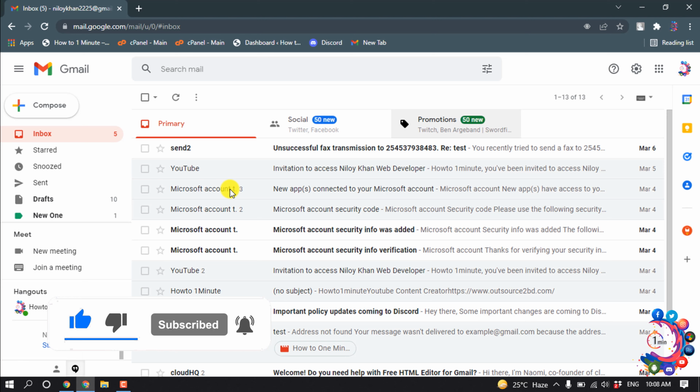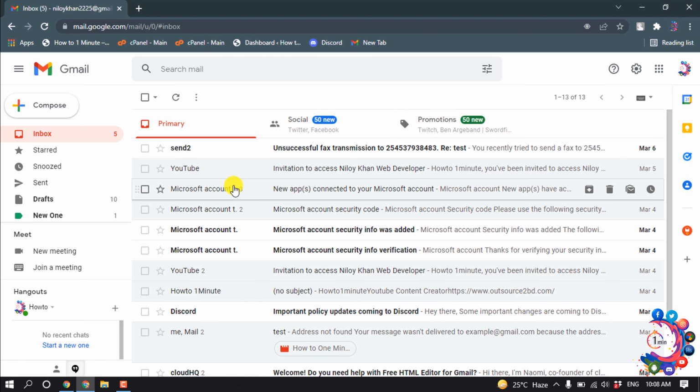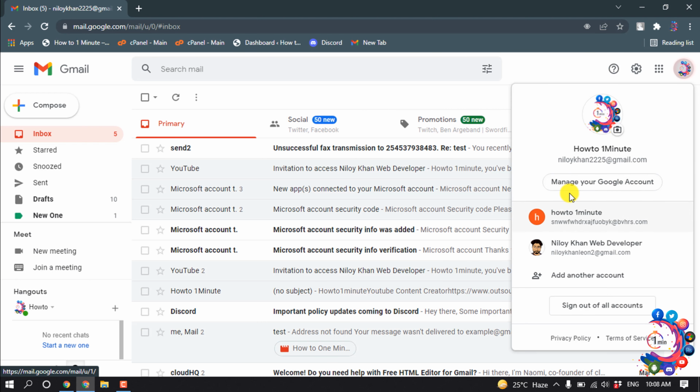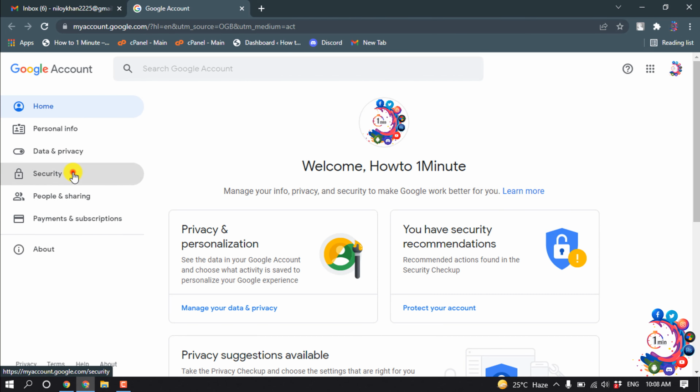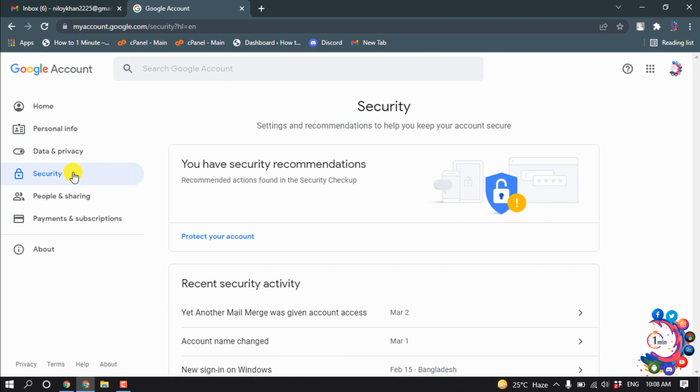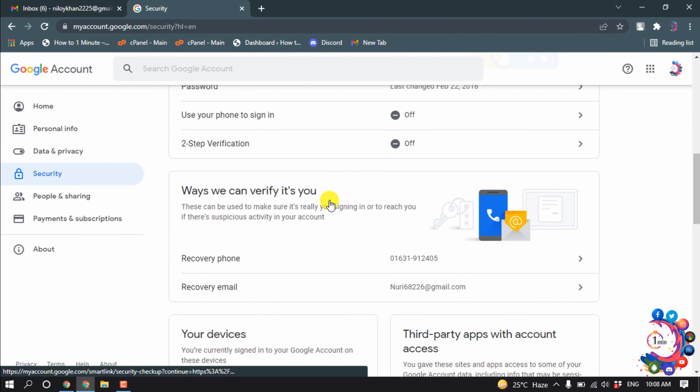So first of all, open your Gmail account and click on your profile and click on manage your Google account and click on security. Scroll down